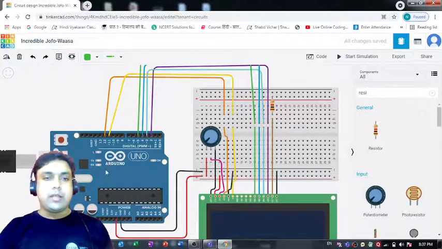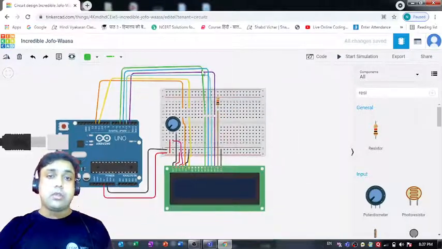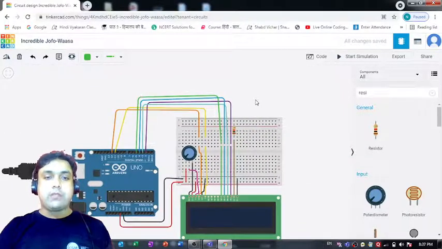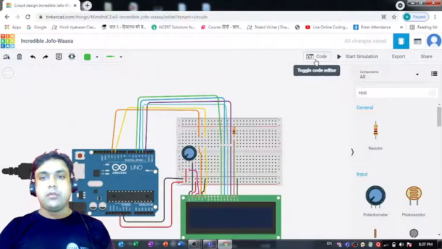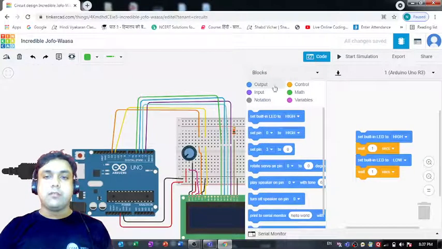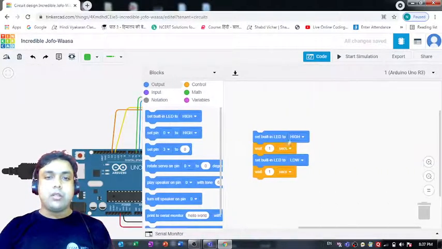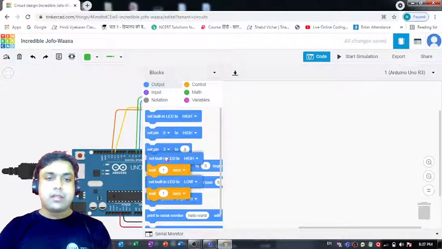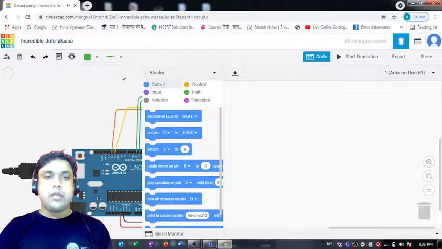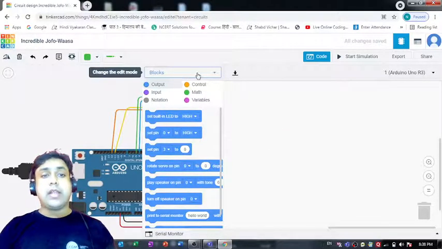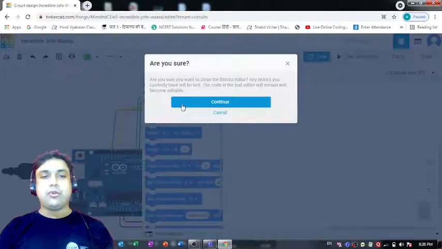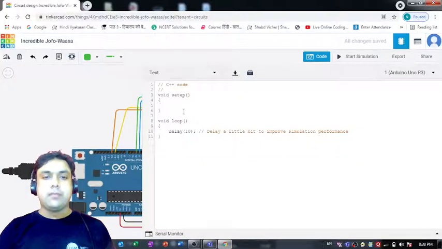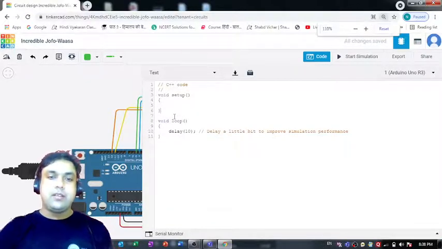Okay, so we are done with creating a complete circuit. Now the next thing that comes is the coding part. So for accessing the coding section, we can hit this button, and that's what we are going to come across. So I'm eliminating this code from here, and today I would like to make use of the text-based coding instead of the block-based. So that's the window where we can define all the text-based coding, right?